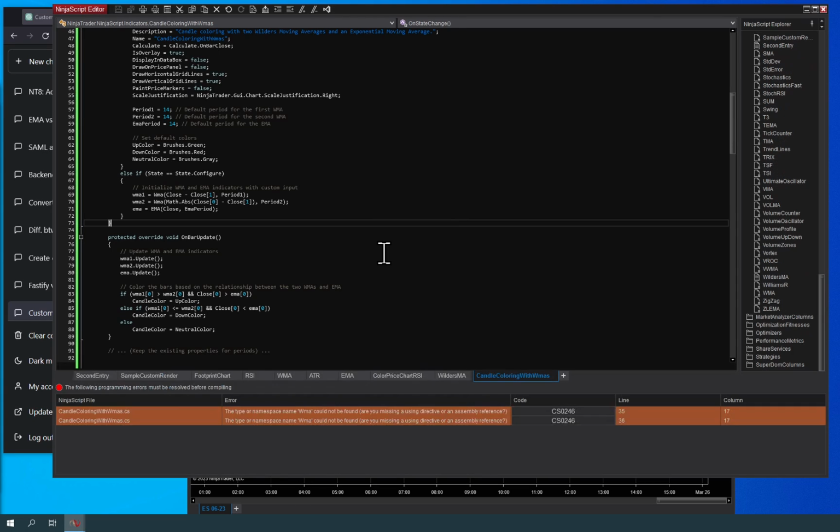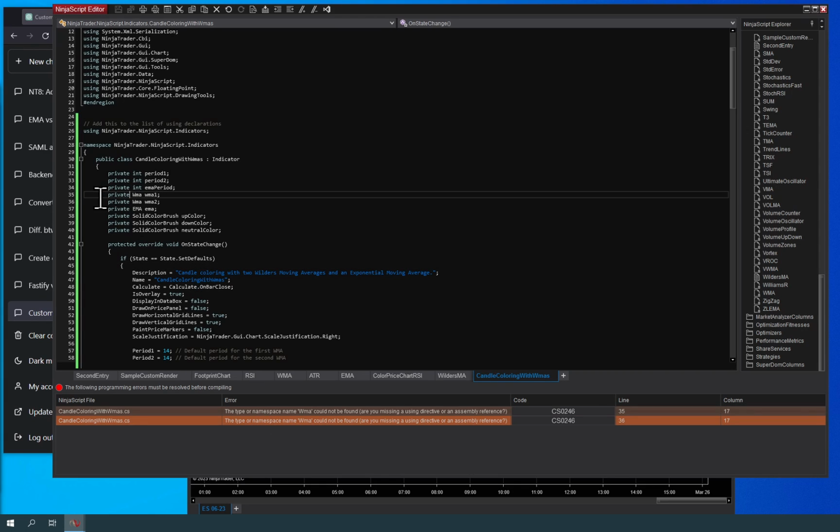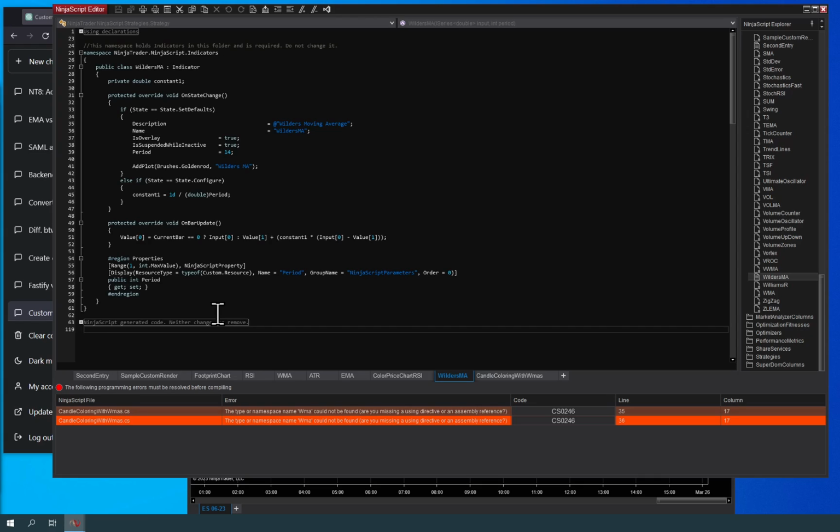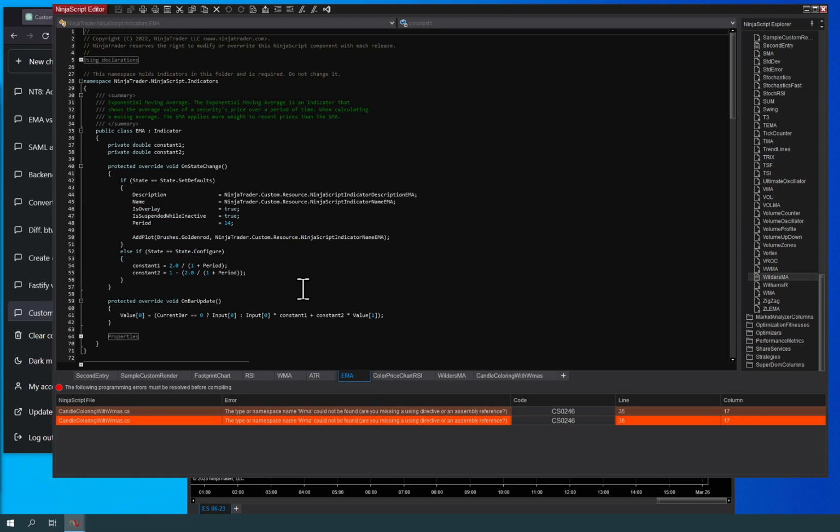All right, we'll compile this, and we already got our first set of errors. First of all, there's no such built-in indicator called WMA. Luckily, I created one called Wilder's MA already when I was doing my other project. This again, I'll just go to it, is an indicator. It looks like the EMA, just uses a different constant as the denominator compared to the EMA code that NinjaTrader